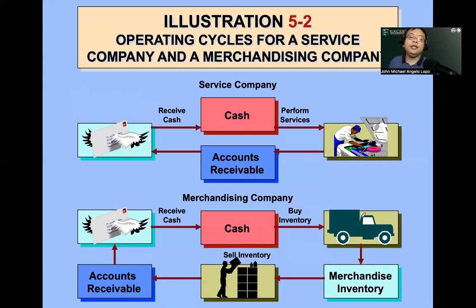So, in terms of the operating cycles for a service company and the merchandising company, this is what we did already; we discussed this one. If you have your service company, you have your cash, then you perform your service, for example a coach or someone fixing a car. Then you bill it as part of the accounts receivable, and after that you receive cash. Then your cash is here again. So this just repeats: perform your service.